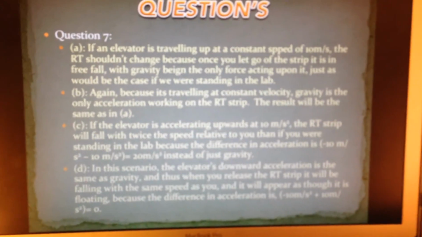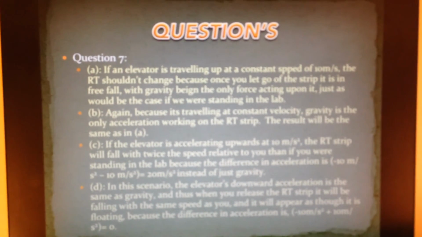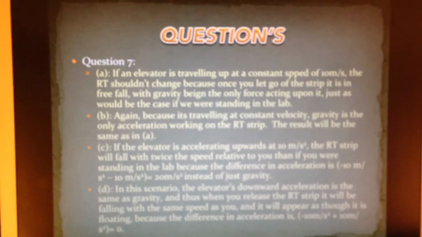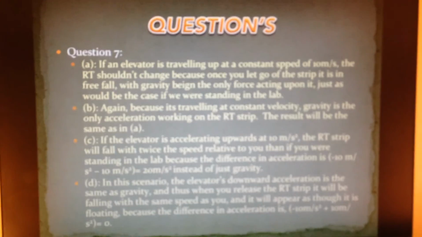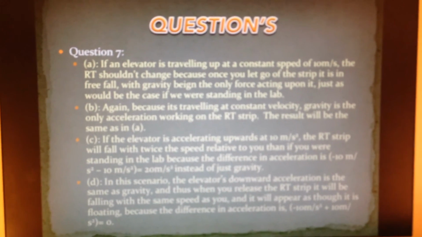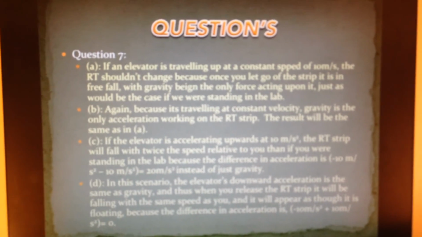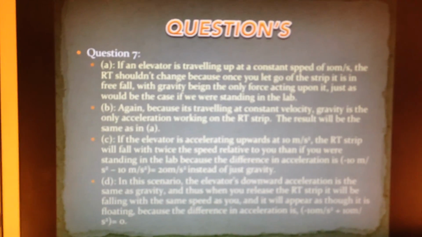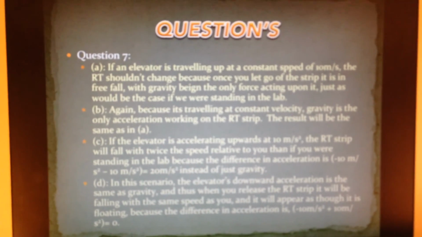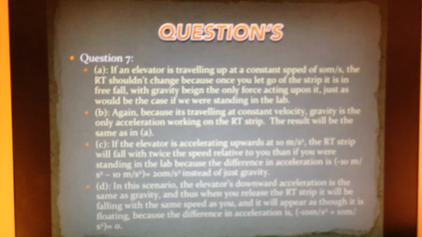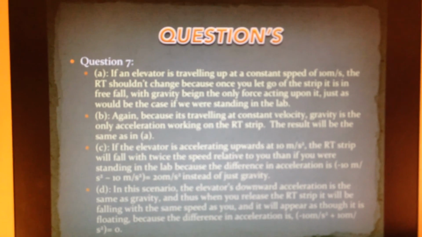For B, the answer is essentially the same. Even though you're traveling in the opposite direction, you're still traveling at a constant velocity downwards, which means your only acceleration, again, is going to be gravity, pulling it down. And thus your card strip will drop as if it were in free fall. So now C is a little different. If the elevator is accelerating upwards at 10 meters per second squared, the RT strip will fall with twice the speed